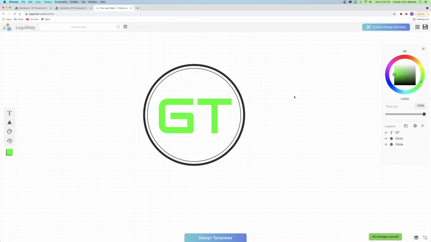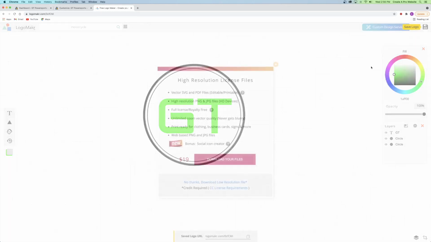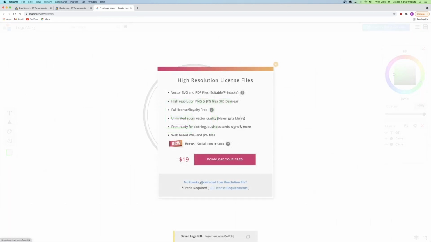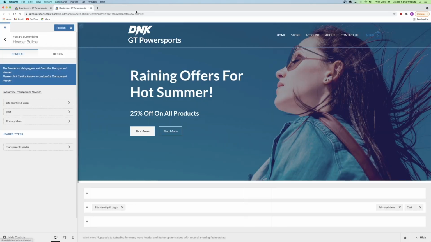Perfect. So that's my logo, or excuse me, that's my site icon. That's what's going to go right up here. So now I'm going to go ahead and click on Save Logo, and no thanks, I'll take the low resolution. All right, and then we can close out of this tab right here, and we can go into the header